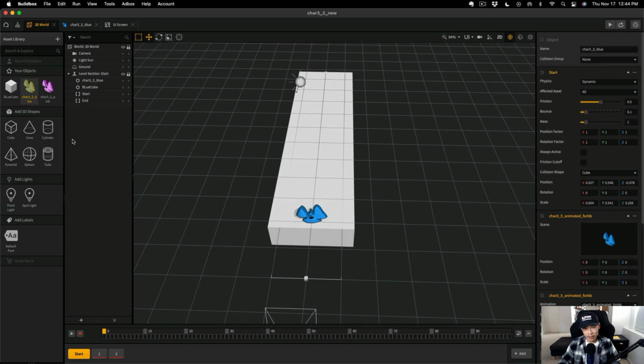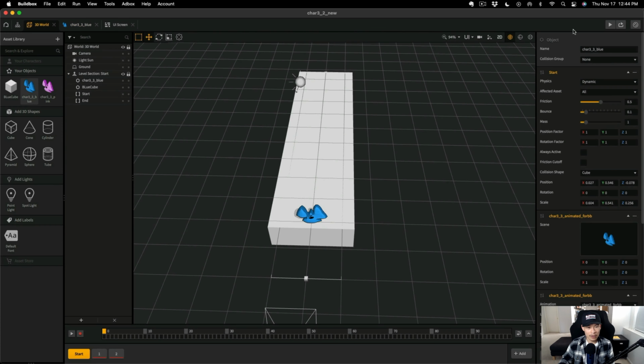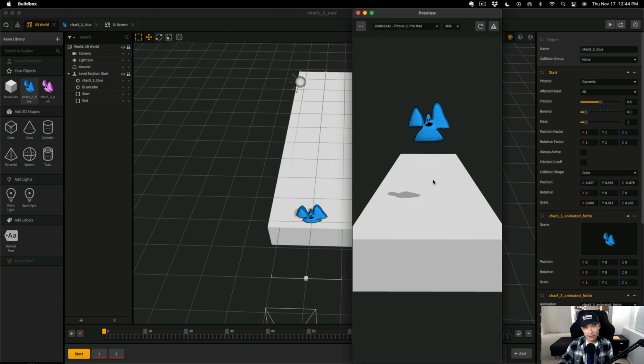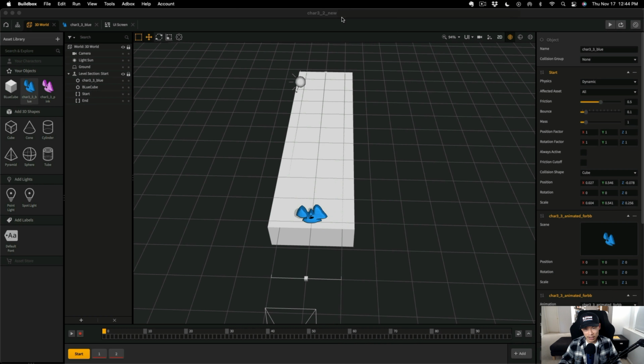I go back into the character, go to the jump node, change the 2 to none in the jump force angular. That way we don't have this rotation on our character when we launch it forward, so it can actually just show its face forward as we toss it. That looks pretty cool. I like how it stops right at the end so that we actually have this shuffleboard idea in the recording. Since we created that game mechanic based on the nodes in Buildbox and using our character,